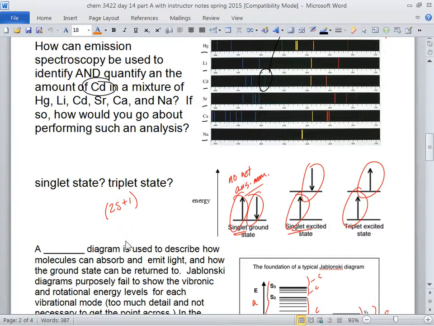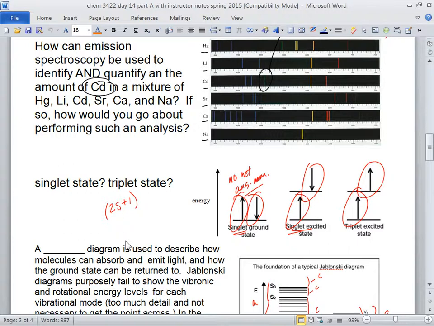Singlet state. By paired, meaning one spin up, one spin down, it's singlet state every single time. But if you have two electrons that are not paired up, not spin paired,